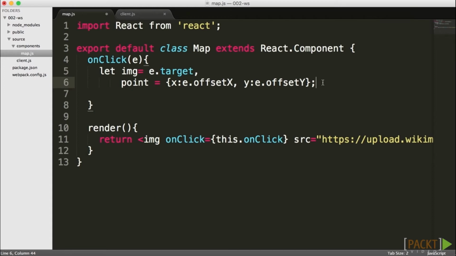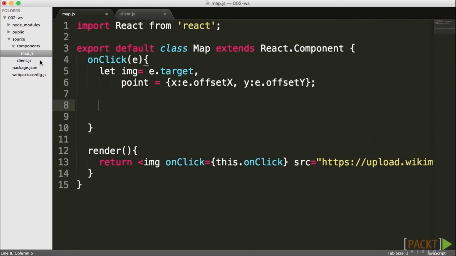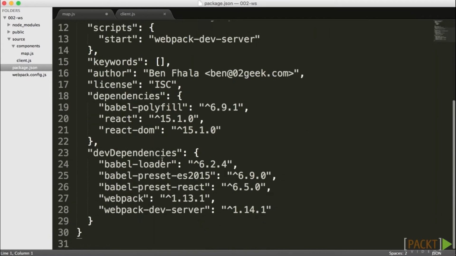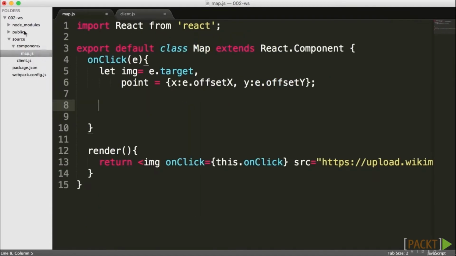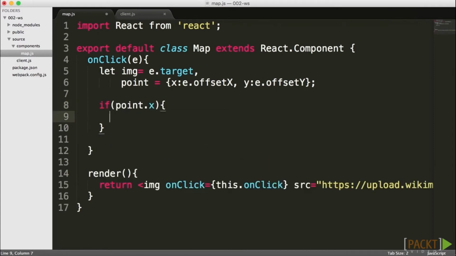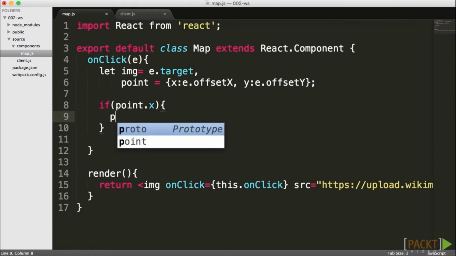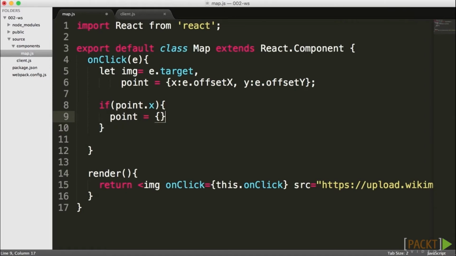Although the support is not fully integrated yet, and our React packages and the packages that included our polyfills don't really include that as far as I know. But even if they did, assuming this is something that is not supported yet, or we didn't have a shim for it, I could just go ahead and ask literally if my point has an x, so I know it has an x and a y. If it doesn't, I'll just go ahead and update that point to use the old school way of doing it,